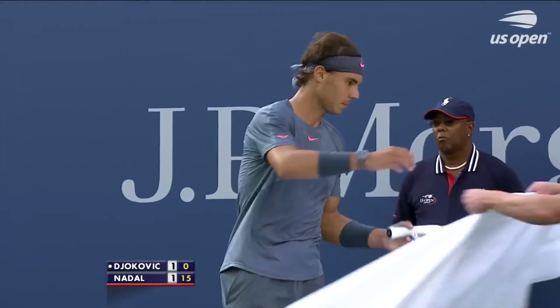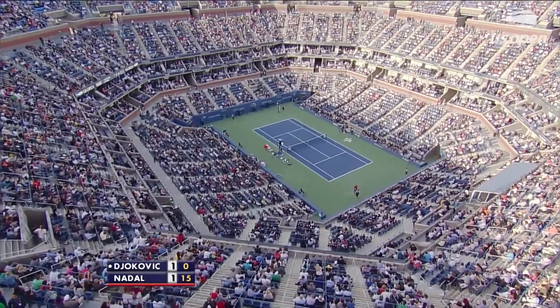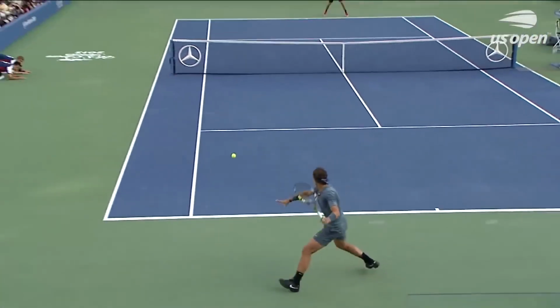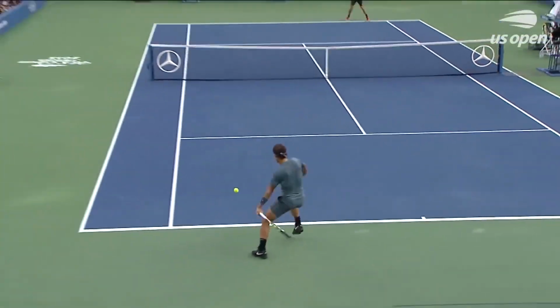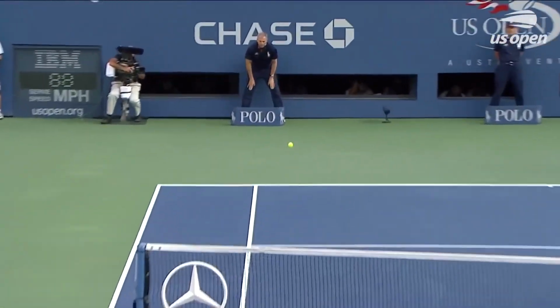Watching that live, you cannot believe how much that spun to be in and good. Look at shaping the ball, and it gets around the outside. See, this is the cross court. Now watch this down the line. It goes outside and then